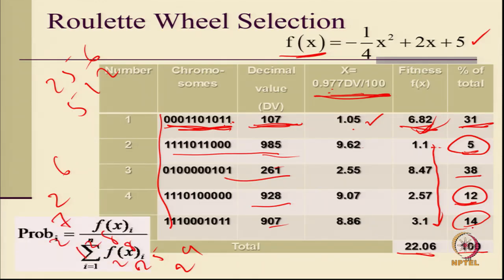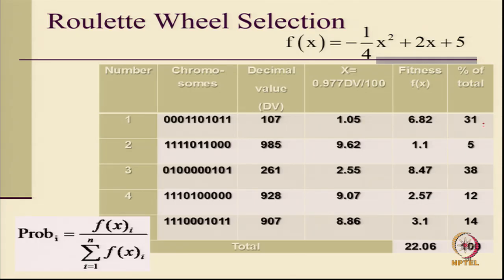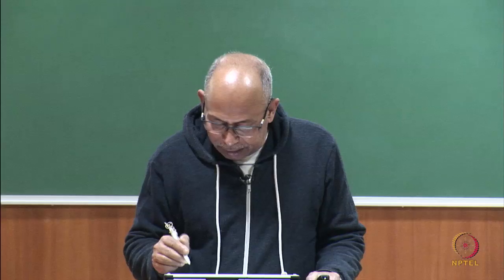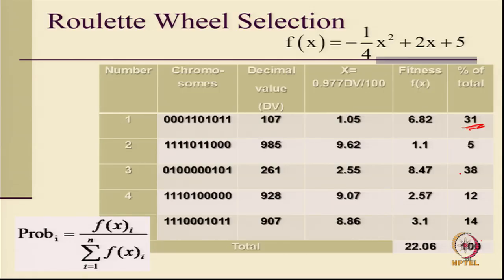So I can find out the probability of finding this. This is basically nothing but relative frequency in percentage. 31% fit, in the fitness scale, if you look at it, 31% is this. So how do we find out probability? Probability is basically 31%, which is 0.31. The probability of this one is 0.31, the probability of this one is 0.05, and so on and so forth.